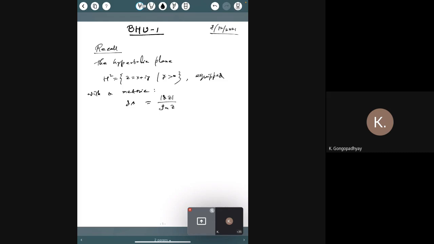All right, so this is the metric, and this length function